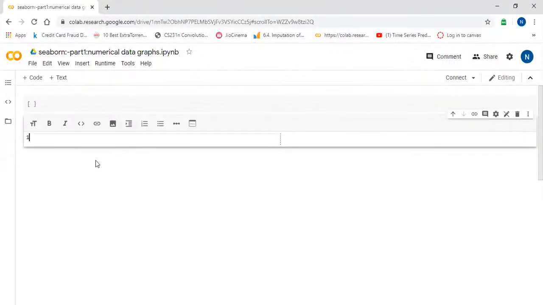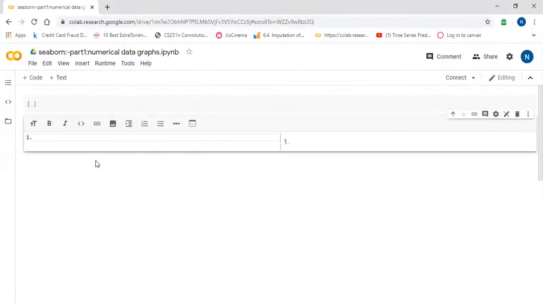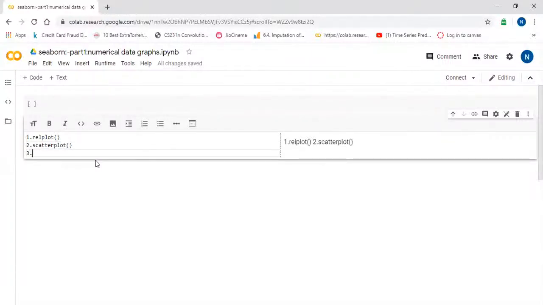So we have three functions to plot numerical data. First one is the relational plot, that is, we call it relplot. Second one is scatter plot. You must have seen scatter plot in Matplotlib. The same scatter plot will be available over here.